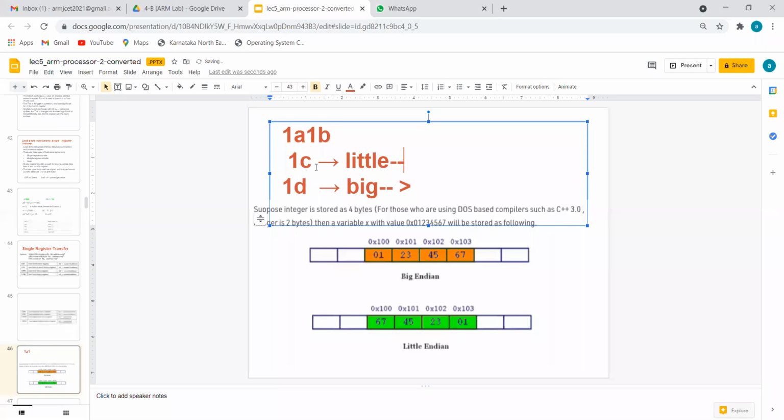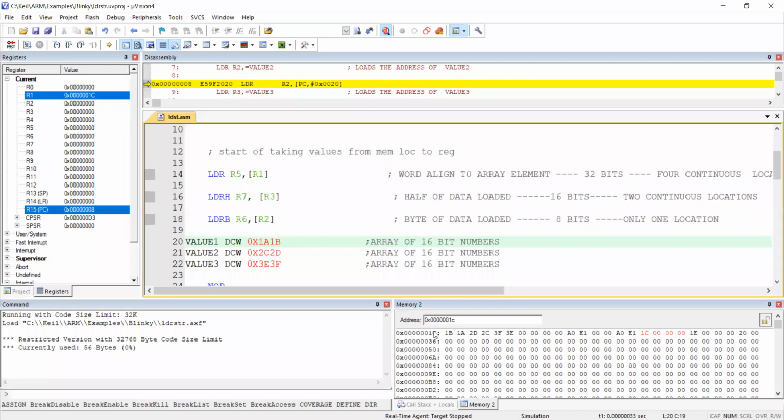Now again going back to the software, 1C has 1B data. 1D location has 1A, 1C location has 1B.